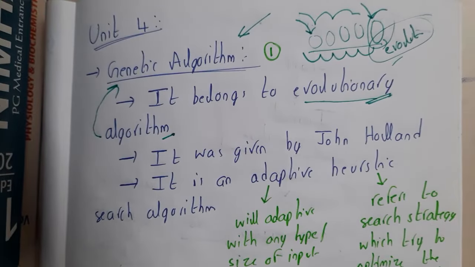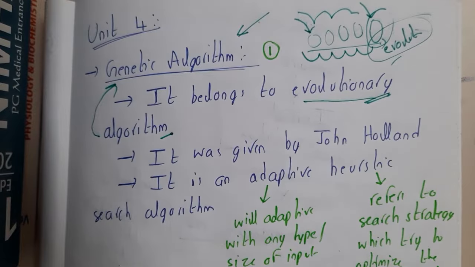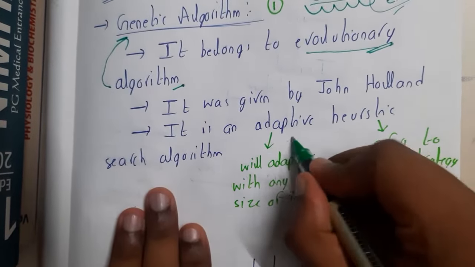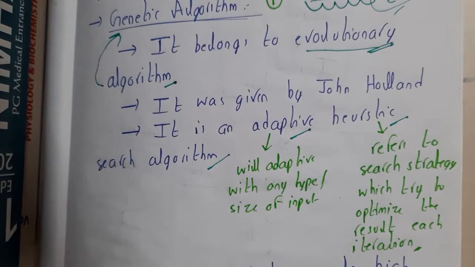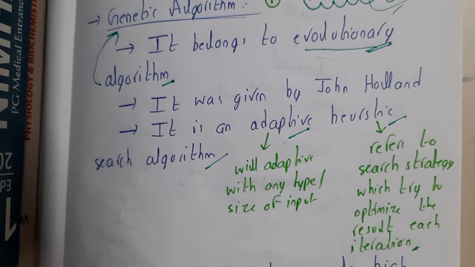Your question will be, what is so special about the genetic algorithm and why am I so interested? The answer is that it is an adaptive heuristic search algorithm. Most of you might not understand anything from that, right? Even when I first read that phrase, my feeling was the same.